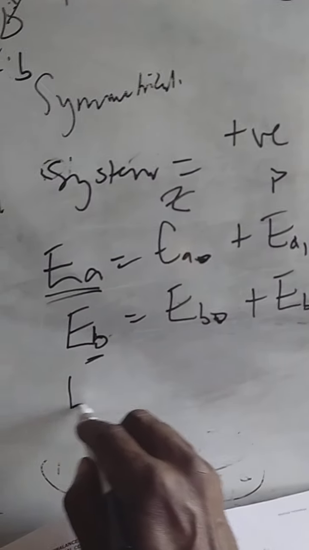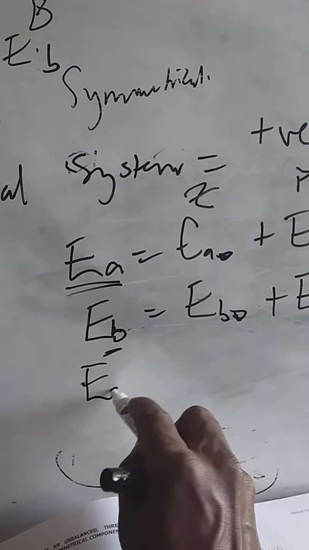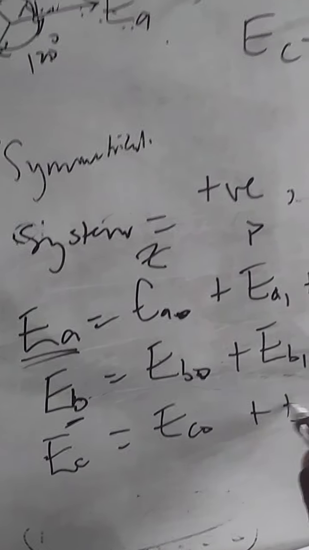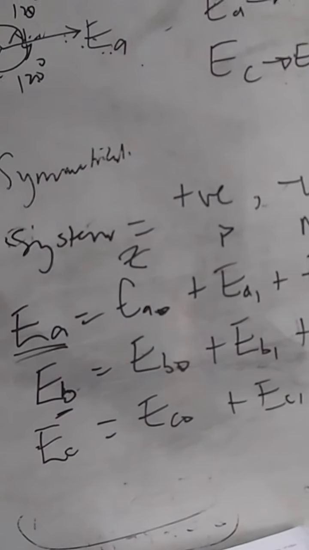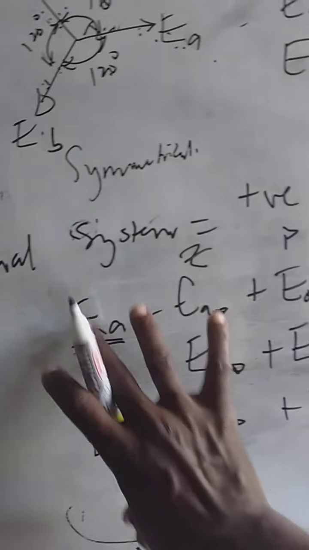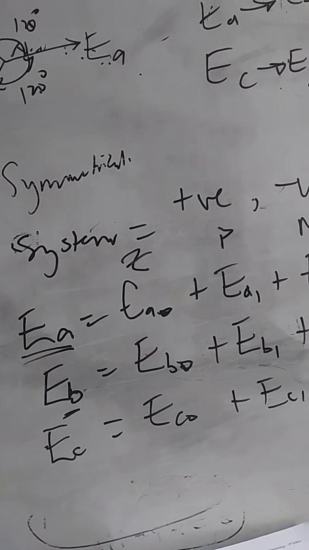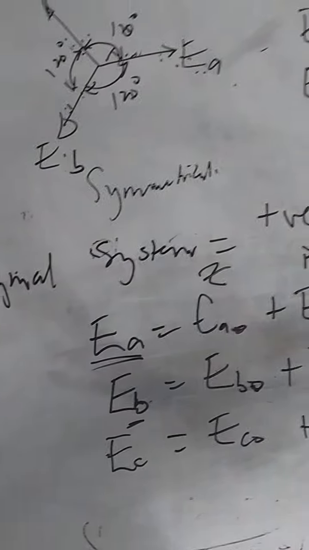Likewise, you can resolve phase C into EC0 plus EC1 plus EC2. So these are the symmetrical components for the phasors of this original system, a positive phase sequence system that we wrote out. So when we express this in phasor representation,